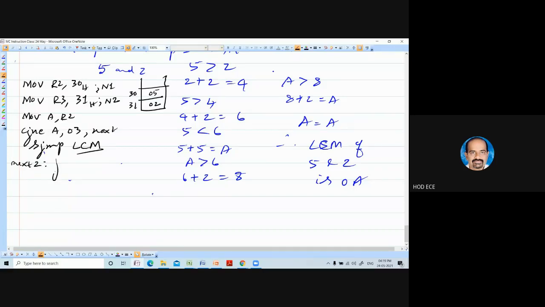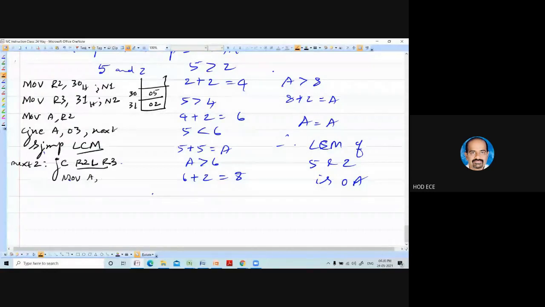Here you check jump carry. Jump carry means R2 is less than R3. R2L R3. That is the label I am using. If it is less than, accumulator is R2. You are comparing with R3. So that is a carry means R2 is less than R3. So if there is no carry means R3 is less than R2. So then what you do here?